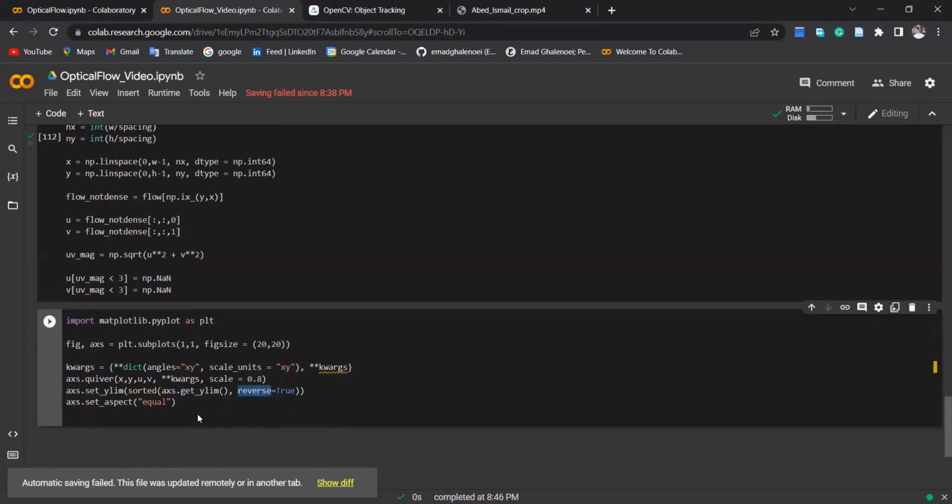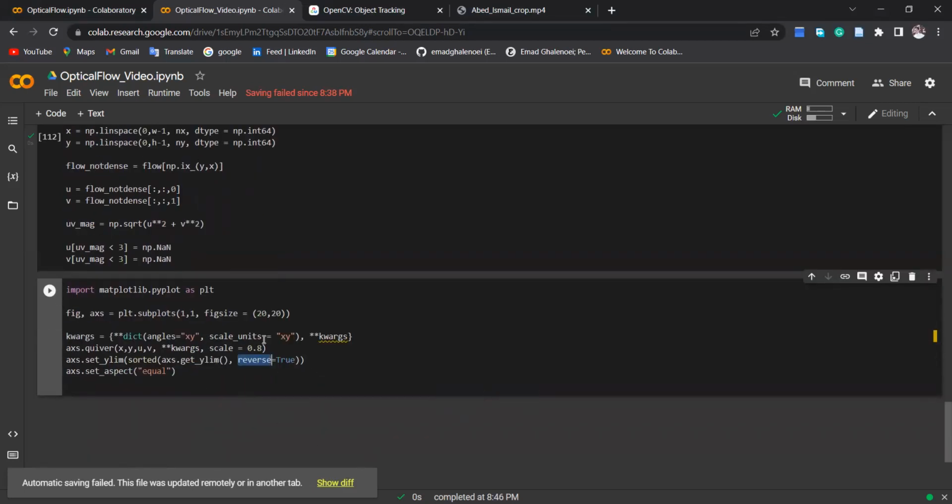It should be reversed because the image Y-axis has a downward direction, but the optical flow and this figure has an XY, in which the Y-axis has an upward direction. Then also it's good to show the magnitude. Let's define the magnitude as a mask. You know, it was the magnitude, if you remember. So cmap HSV. So if we run it,